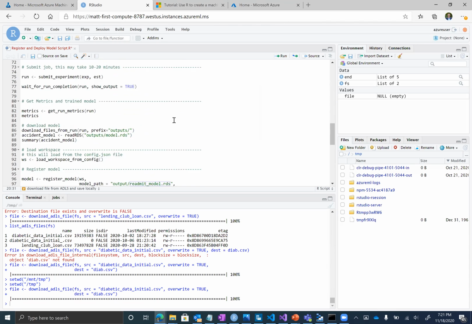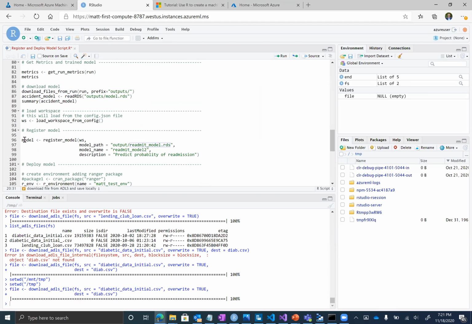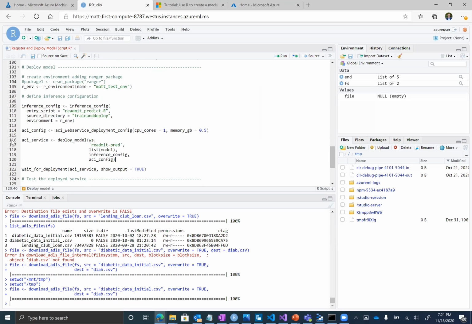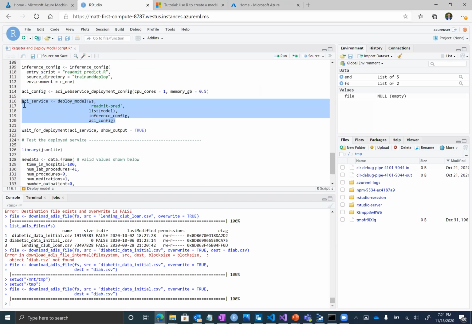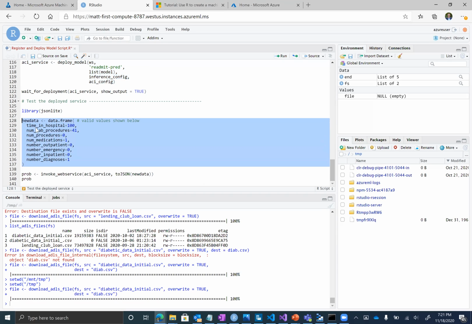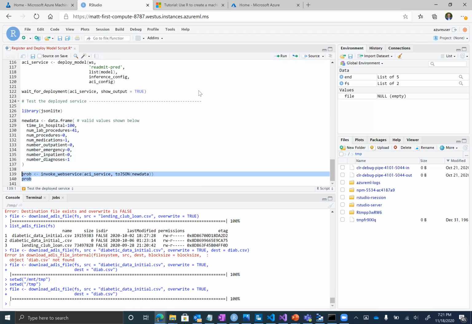At the end, what we wind up doing is registering this model and then creating a service that we can deploy. And then I have a little script right here that shows how I can easily create a JSON data set. This is one record, a readmissions data set, and then predict against that and get a probability of a patient being readmitted. So that's number one: you can run notebooks right on Azure Machine Learning.